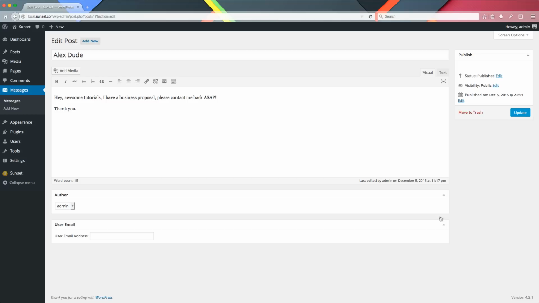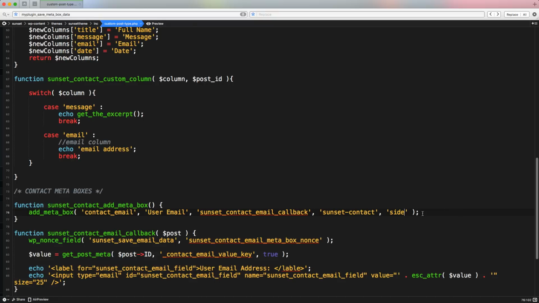So if we refresh here, we're going to notice that our user email input field just magically moved to the side. So we're going to have everything nicely organized here, and that's what we wanted. We have the other parameter that we can specify, the sixth parameter, that is the priority. The priority has four options: high, core, default, or low. So if we put default, it's going to appear wherever WordPress wants. If we put